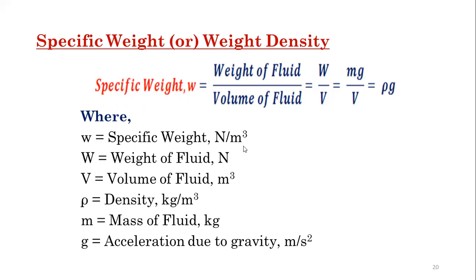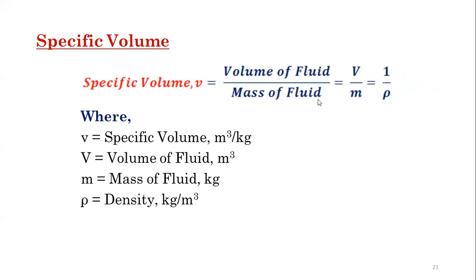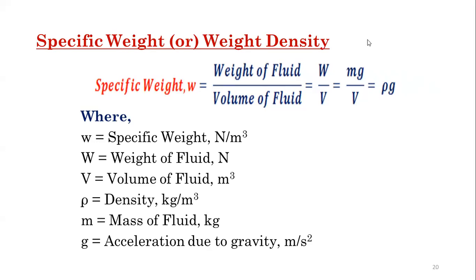So units of specific weight is Newton per meter cube, and it is also written as rho g, W by V or rho g. Since W equal to mg, so you get m by V. Mass by volume is again density denoted by rho. So therefore the units is Newton per meter cube, and small w can be written as W by capital V or rho g. Depends on the problems where the given data is there, depends on the use of these two, W by V or rho g.